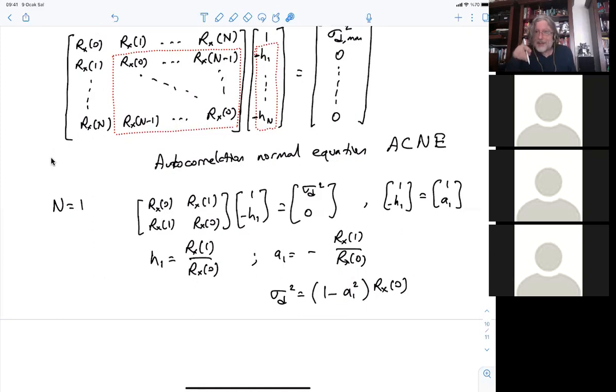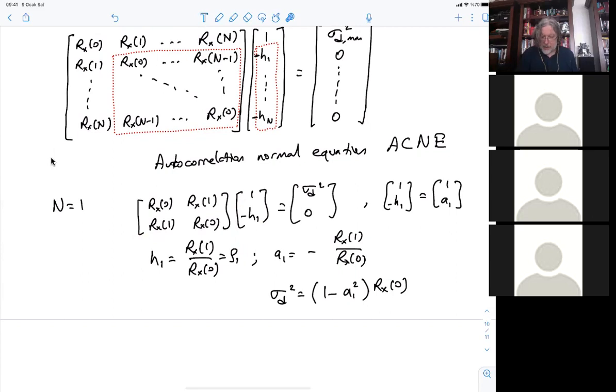But remember that H1 is equal to rho 1, right? This H1 here is equal to rho 1. So in our previous methodology, we wrote it as 1 minus rho 1 square times sigma x square. So it's the same thing. This is the starting point of our iteration, which gave us the same result, of course, of the first order predictor. But how can we extend it to larger and larger matrices with longer and longer